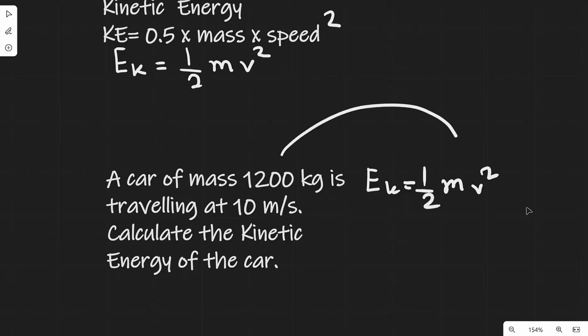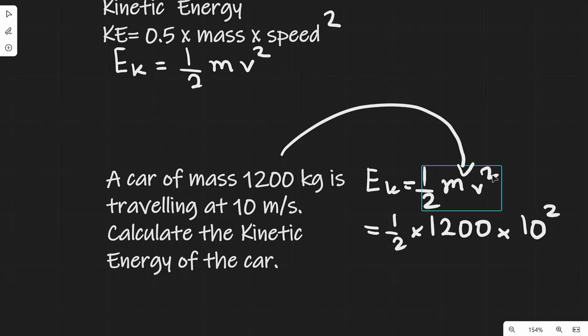Now the mass goes just here, so this will be equal to a half times 1200 kilograms multiplied by the speed squared. A very common mistake is to forget to square the speed. Remember, if you see a square here, just remind yourself that you're going to need to be squaring this in your calculator or later on. So this will be equal to a half times 1200 times 100, and this will give me